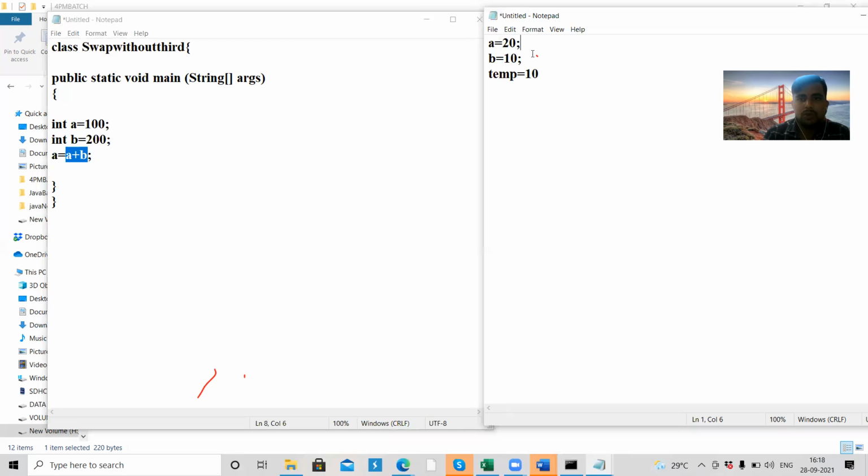Let's remove 100 for now, and this is going to become 200. So a plus b, 100 plus 200, will become 300, and 300 we are going to put into a. So now a will become 300.